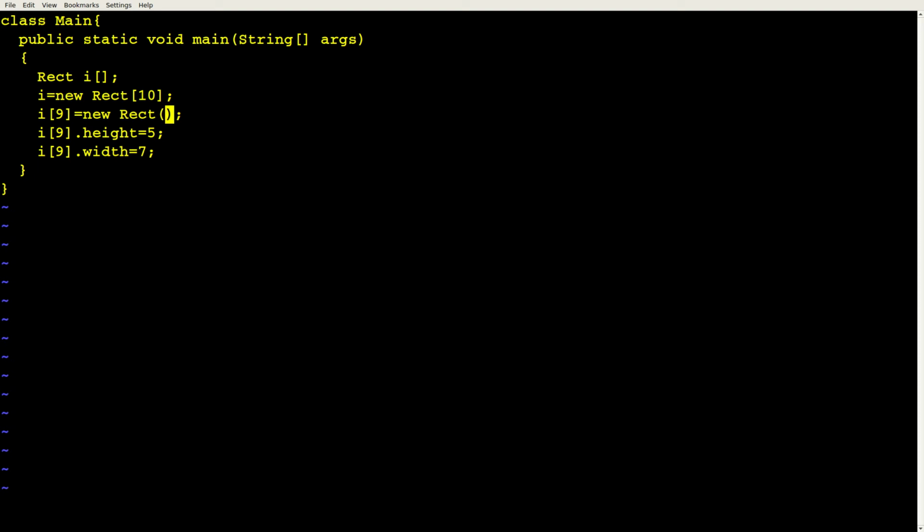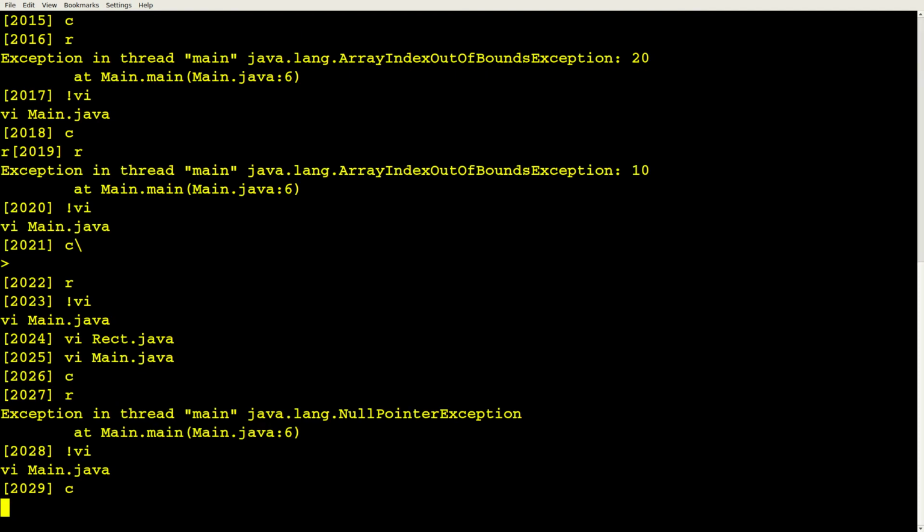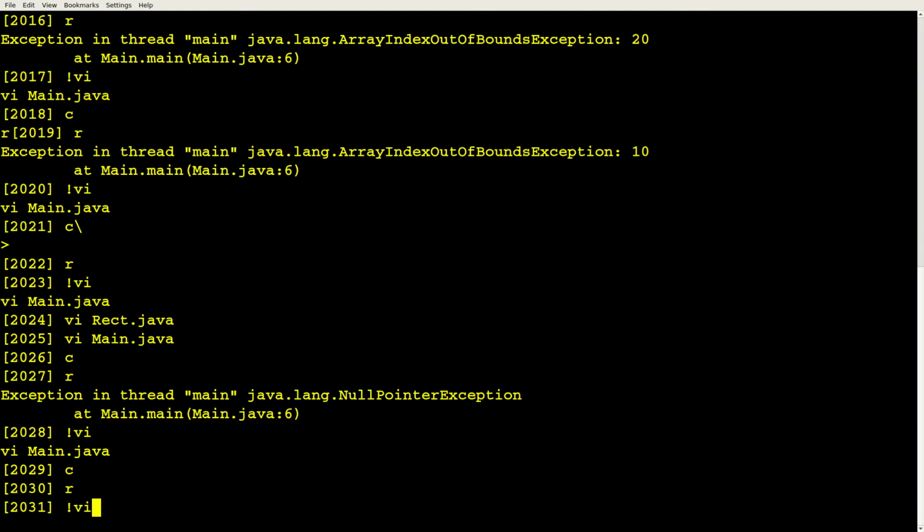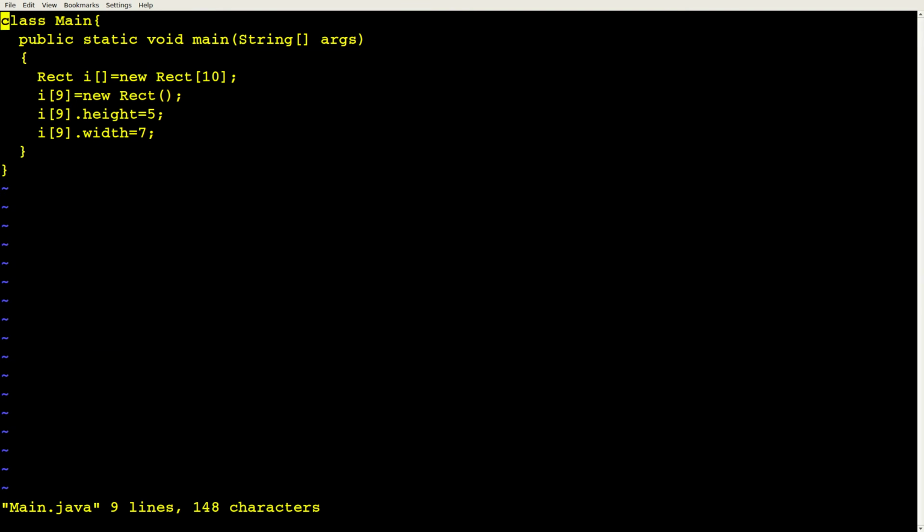Can you combine the first two lines where you can say rect[i] equals new Rect? Yep. Okay, so just like a regular declaration. So that compiles, that runs. And it's probably the easiest mistake to make in Java when you're dealing with objects: set up an array, go ahead and do the new Rect[10], and then forget to initialize the individual elements. And if you start getting these null pointer exceptions and you've got arrays, that's probably what's going on.